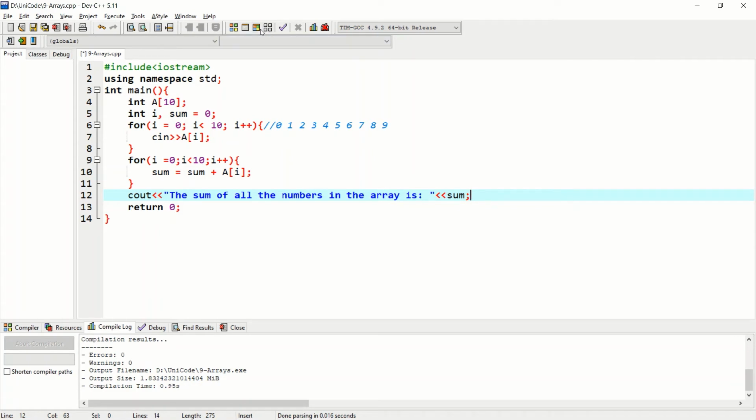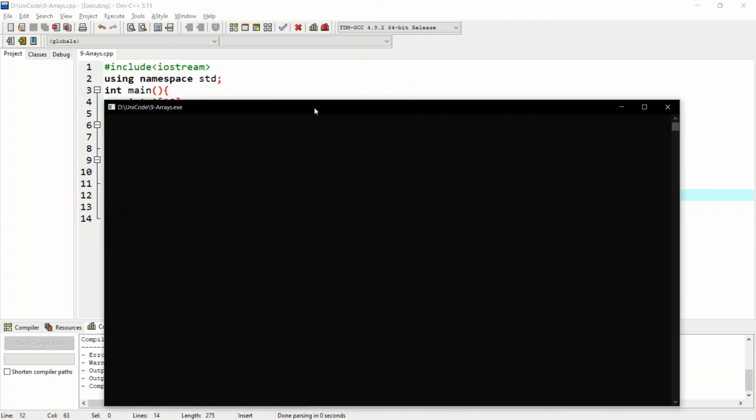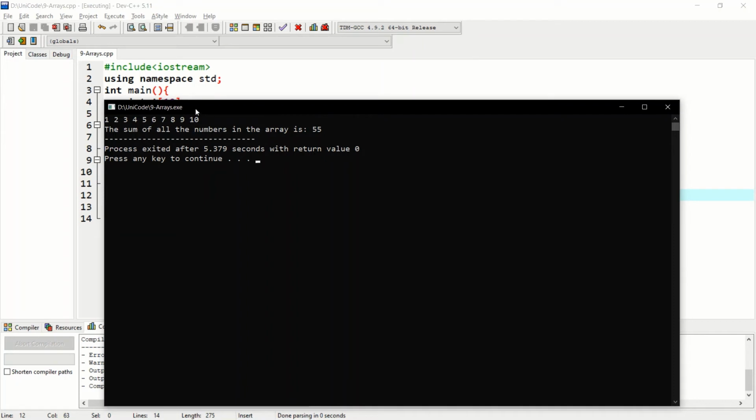Simple. We'll run this code with 1 2 3 4 5 6 7 8 9 and 10. You can see the output is 55, because the sum of the first 10 natural numbers is 55. You can also use the formula n into n plus 1 by 2.